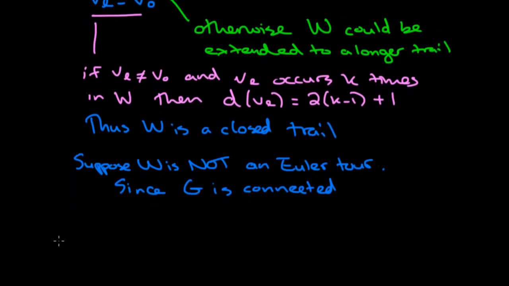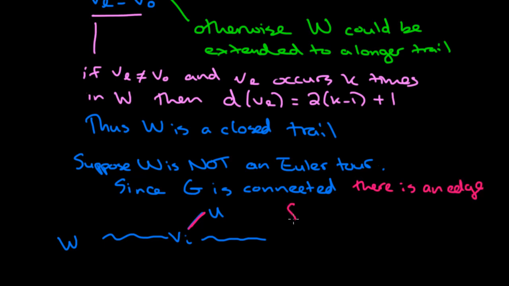So here we have our walk W, and so we're walking along and we get to a vertex VI, and we continue along in our walk. Now VI is going to be incident with some other vertex out here, U. So basically there is an edge that has not been used up. So I'll just use a different color right here to indicate this edge existing. So since G is connected, there is an edge,